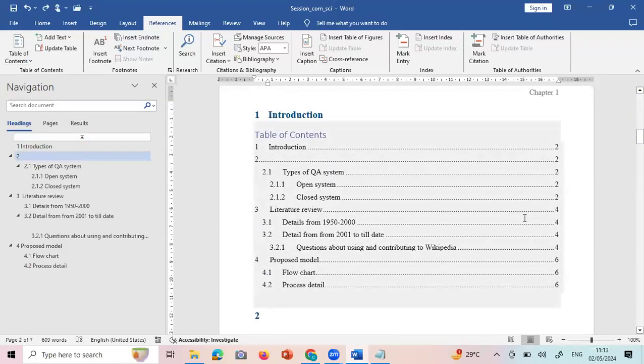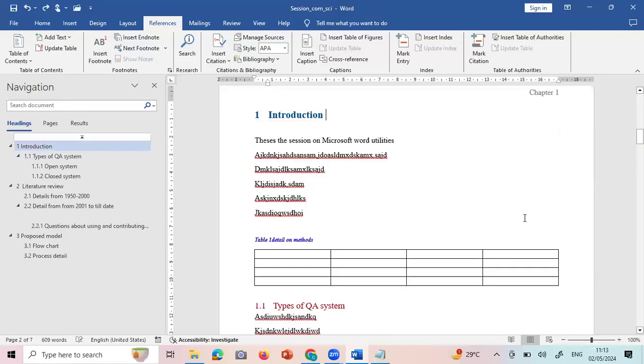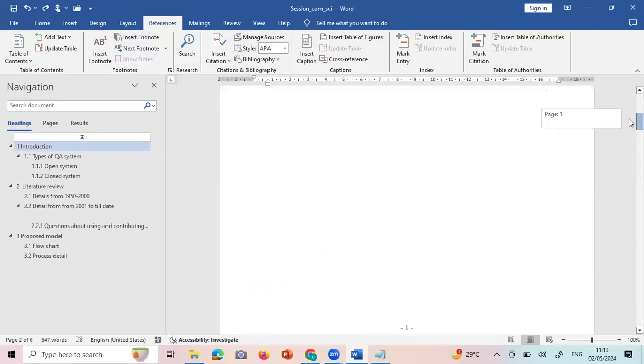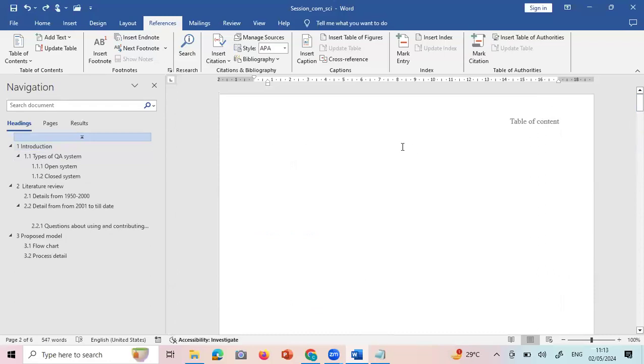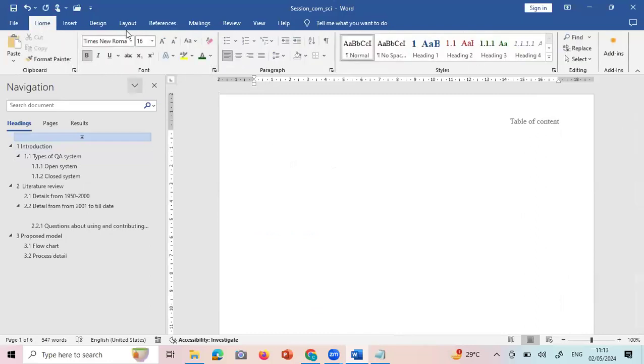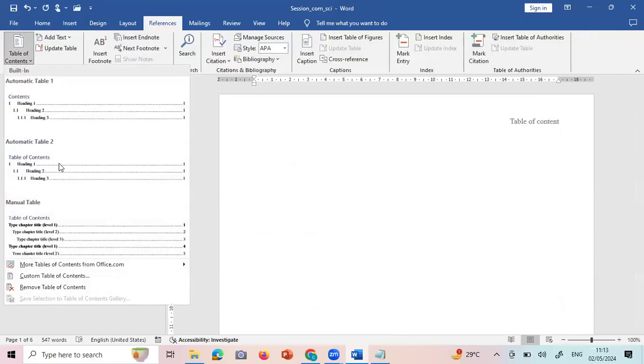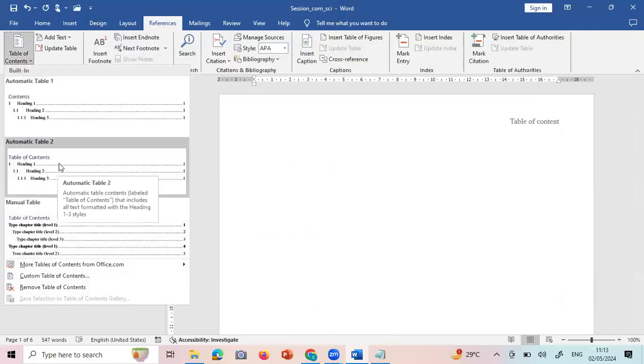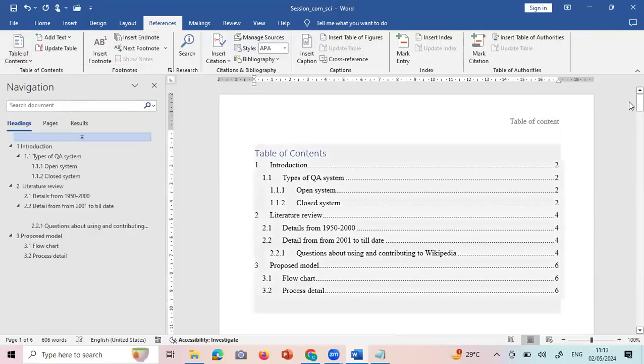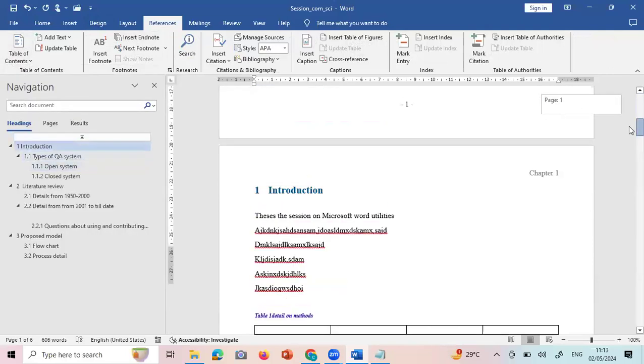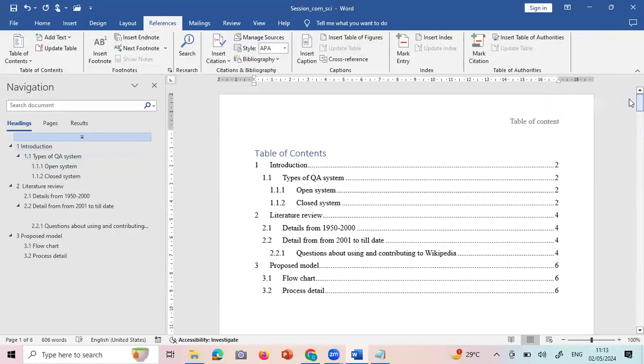It has come to my chapter 1 because my cursor was there, right? So I'll change form. I will make it this and reference table of content. Your table of content has. So you don't have to worry about